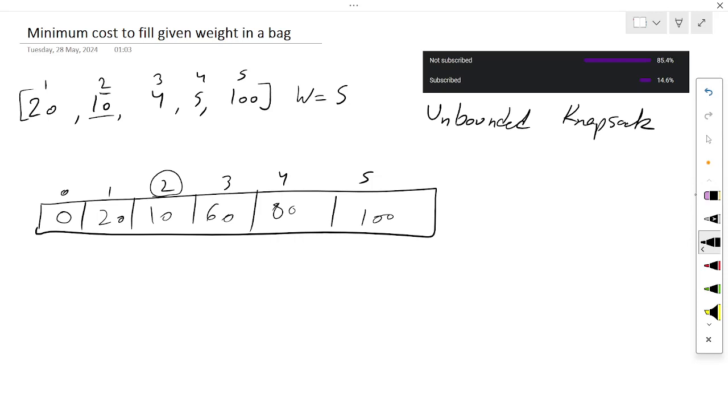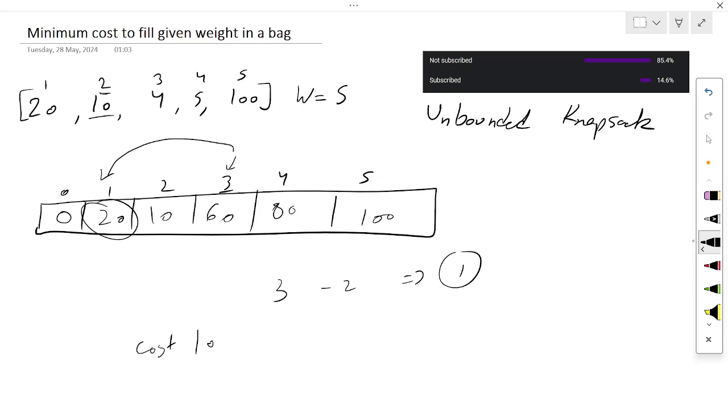Now let's move to next index. Next index is 3. So I have to take 3 weight and its element weight is 2. So remaining weight is 1, and I have already taken 10 cost. So I will check the one index.